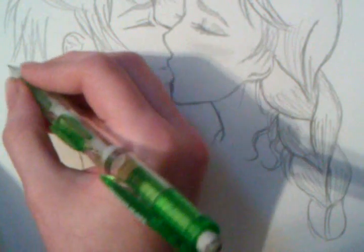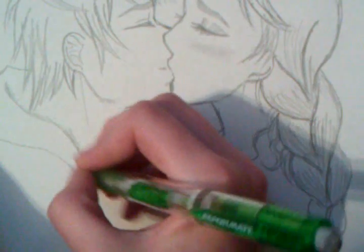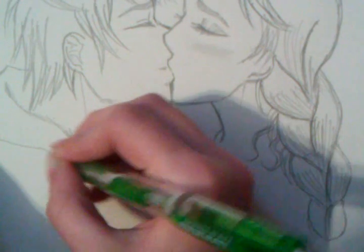So let's just draw. Okay, so his hoodie's right here and he's doing something like that. Yeah, no, I'm not really good at explaining clothes. But if you can just,